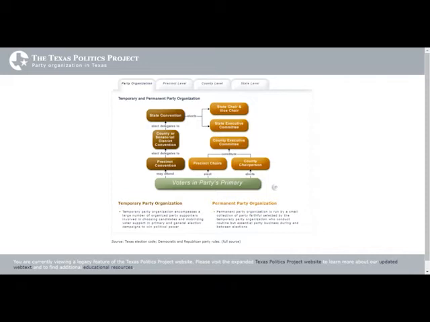Now you're not going to get paid. Right? They'll put you at a desk or something and say, here, make some phone calls, or here, fill these envelopes and get them mailed or whatever. But these folks up at the higher levels, right, the precinct chairs and county chairpersons, they are going to be selected and they're going to fill these positions on a routine basis.